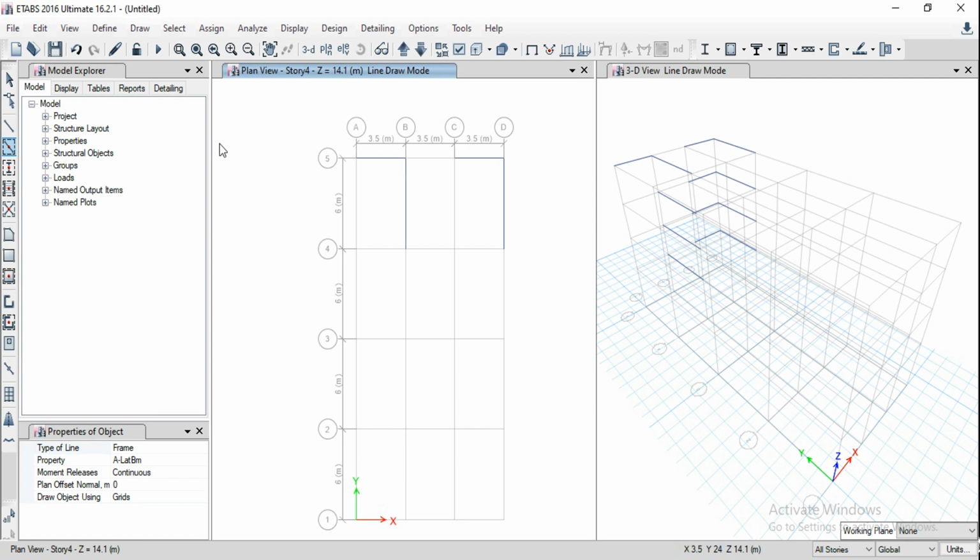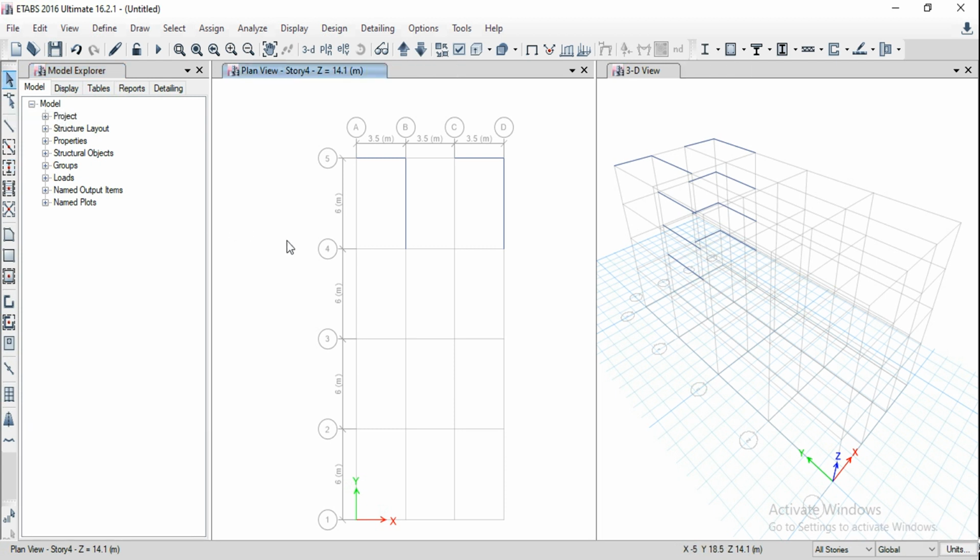Similarly we have quick draw columns in the 3D plan. If you go for this one, wherever you get an intersection, we can click there, and obviously we are going to get the columns like this. Before that, if you want to come out of that tool, go for the escape key, or rather you can select this select object. I'm going to select all the beams and columns I created here, and delete them.